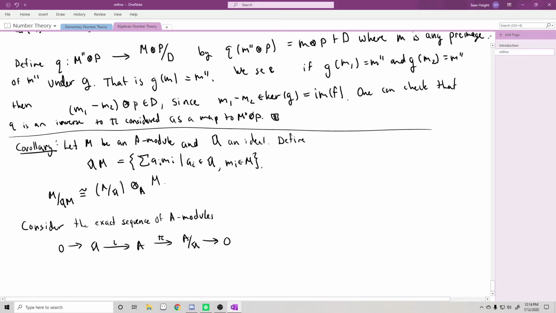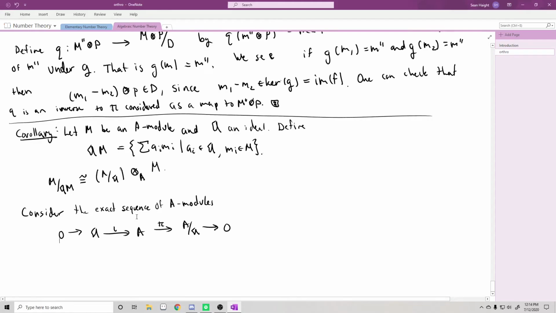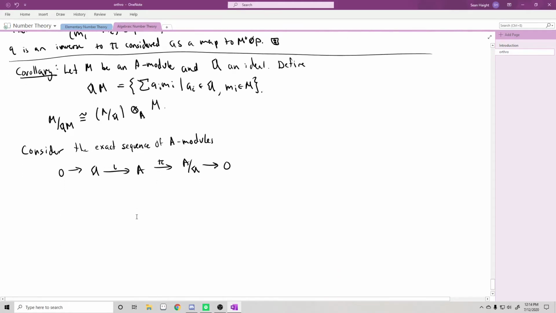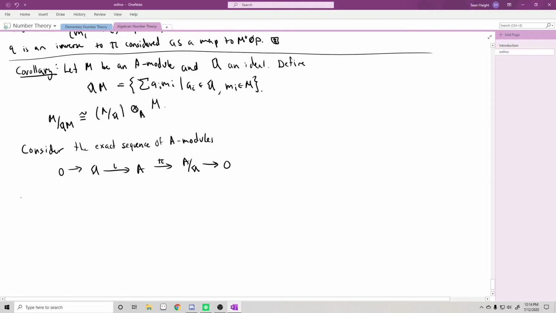If I just forget about the first 0 term, I can tensor over A with M and get another right exact sequence. After tensoring with M, we get the following exact sequence: M tensor A,